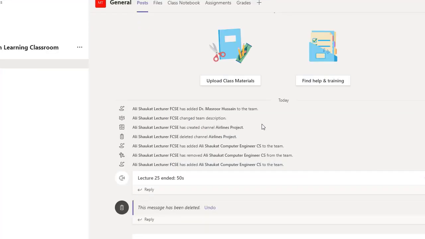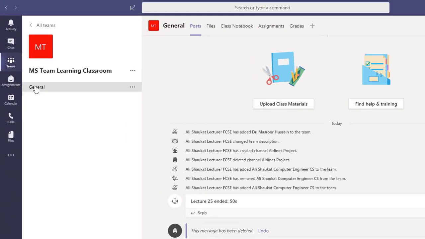In Microsoft Teams, you have multiple tabs and multiple channels. By default, the general is the main channel. You can add more channels here. So in general, all members of your team are part of this general channel. You can see that this is the Posts tab. In this tab, you can watch all of the conversation that is going on in this team here. The latest activity or the conversation will be listed at the bottom, and here you can